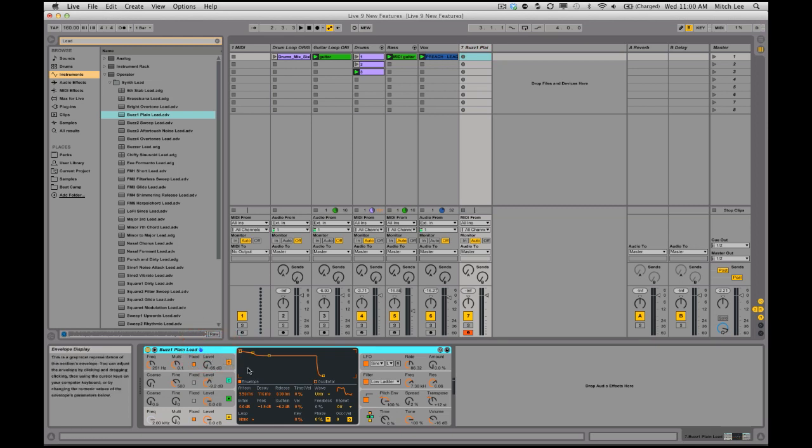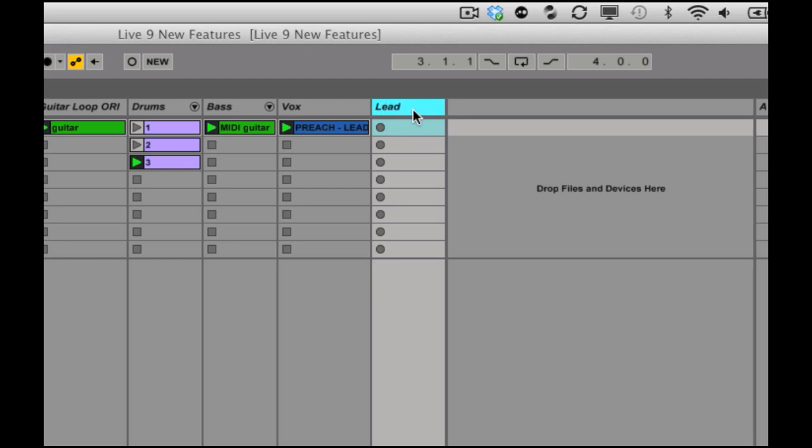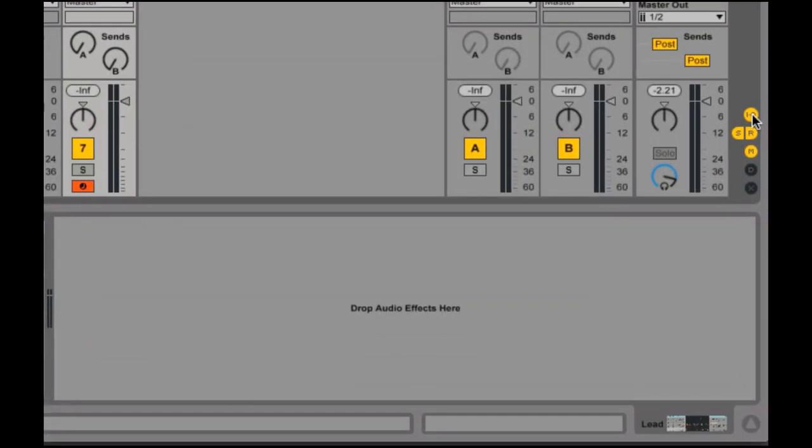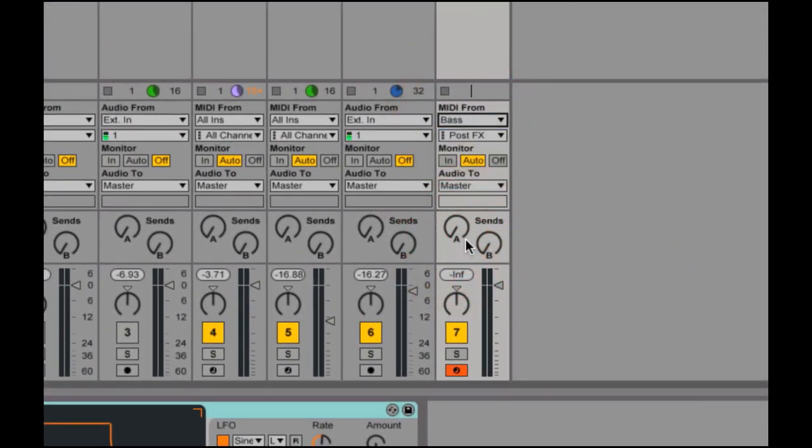One of the features that's been in Live for a while now is this ability to route audio and MIDI from anywhere to anywhere. And I'm not even going to play in some new notes here. I'm going to simply take our bass notes and, in a sense, riff on those. So from my new lead track, I'm going to rename this, call this our lead, and I'm going to make sure my ins and outs are turned on, and I'm going to take audio from my bass track, and I'm going to set my monitor to In. So now if I was to hit play here,